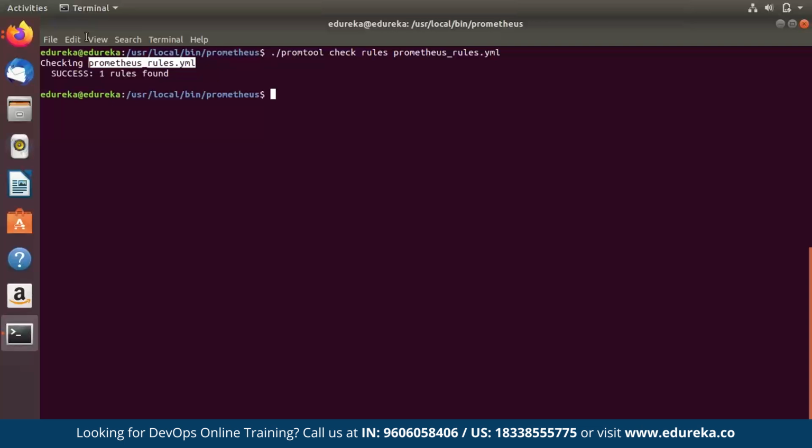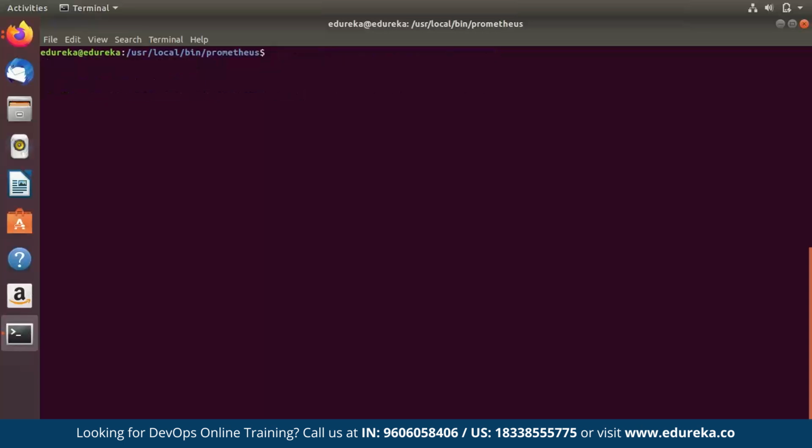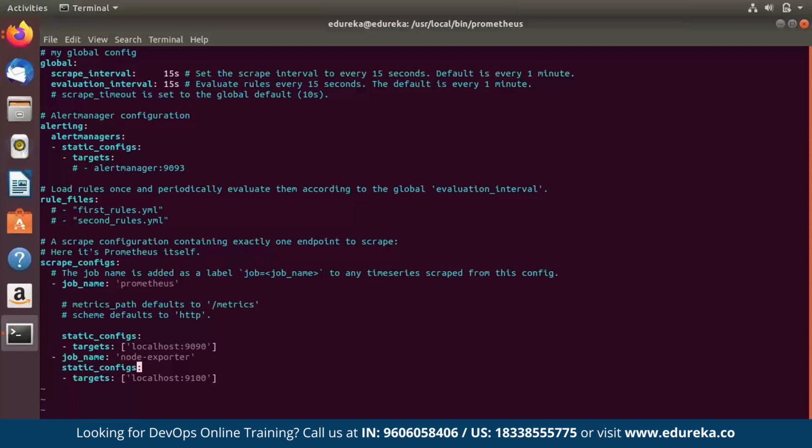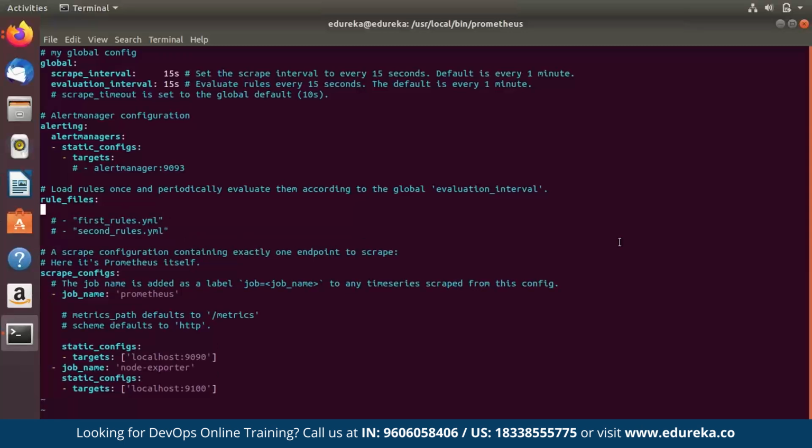Now let's go ahead and add the Prometheus rules.yml reference to the Prometheus YML rule file section. I'm just going to clear the screen. Now I'm just going to enter the prometheus.yml file. So here I'm just going to enter the Prometheus underscore rules.yml file. So now I'm just going to save this file.